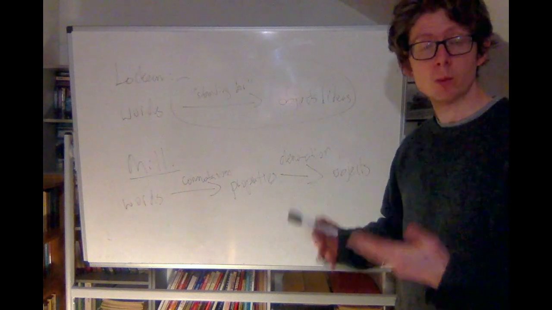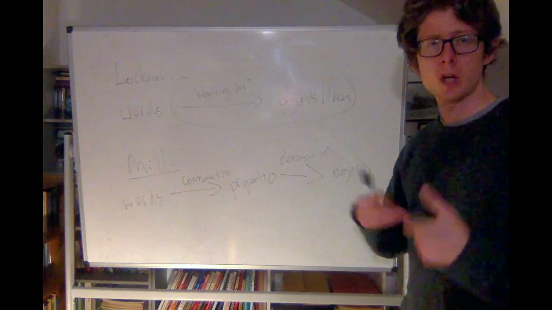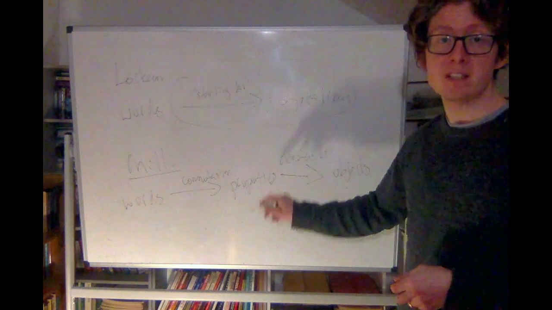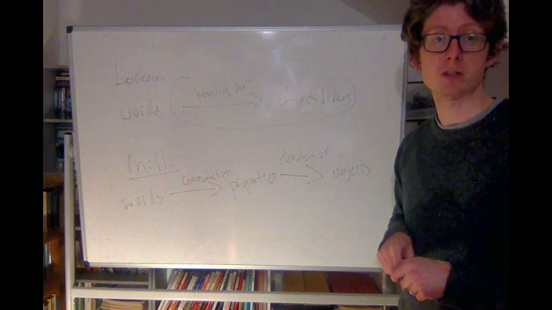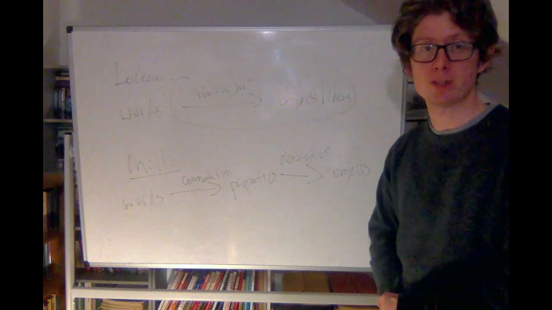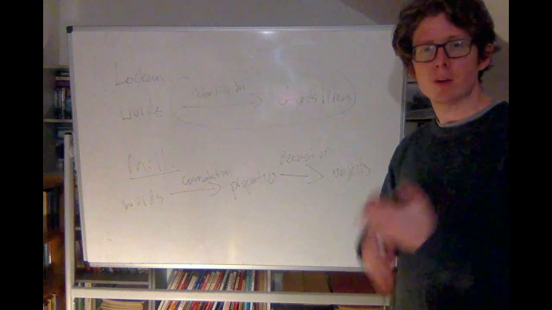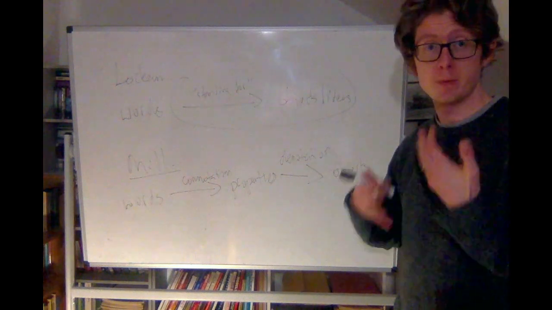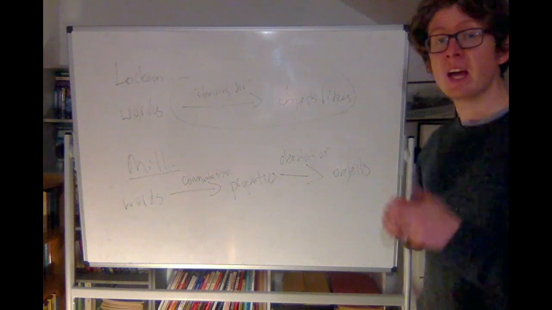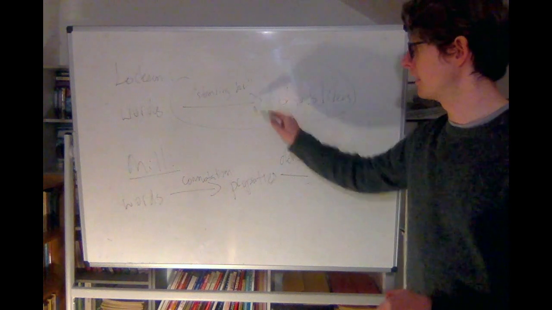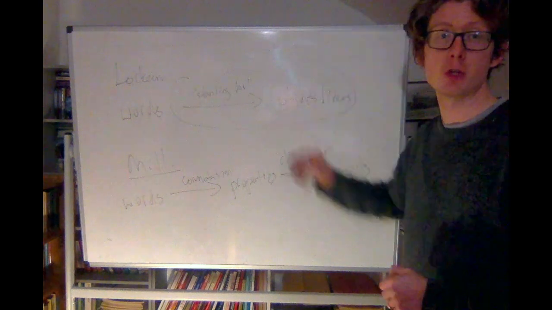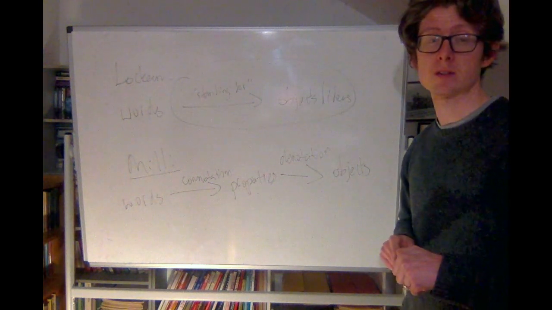One of the reasons I wanted to start with Locke and Mill today is not purely historical, not just because this is where the field started, but because there's going to be a competition between these two pictures of meaning. We're going to get into the fine details about semantic questions about names. But if you find yourself asking, why is this important? Why do people care so much about these things? The reason is that they're battle sites for the competition between these two bigger pictures of how meaning works.